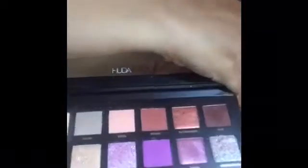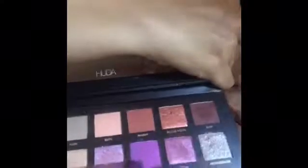And let me just show you the colours. So now, this isn't just going to be about this. So here is the front of the packet, and inside, you open it up and you have that lovely thing to protect the eye colours, and there are all the colours, and they are really, really beautiful. Okay, now